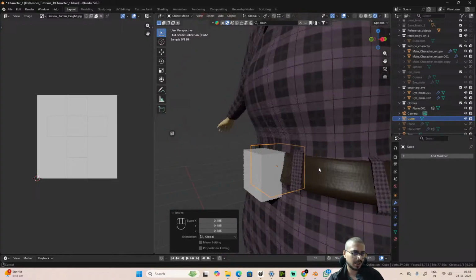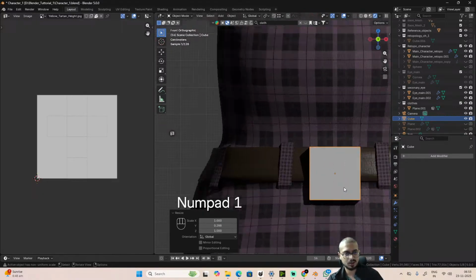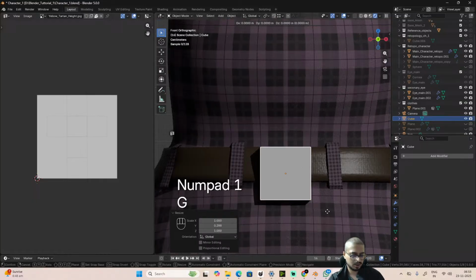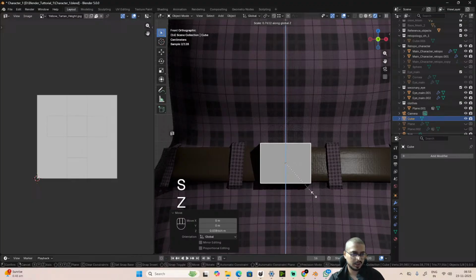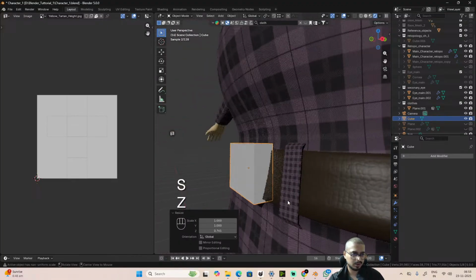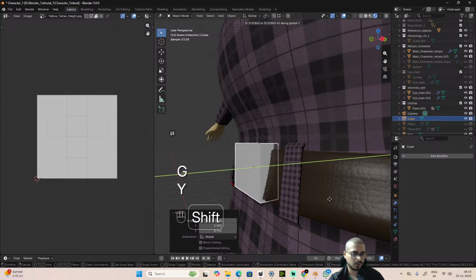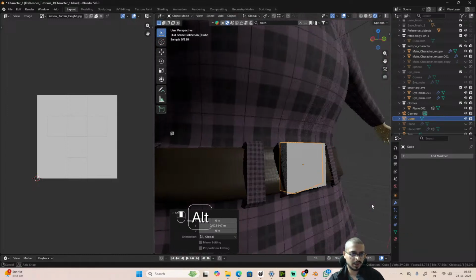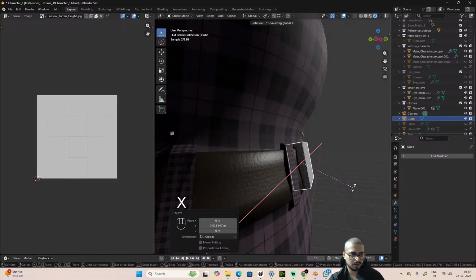I might have to apply the transforms. As I told you, it's the best way to work in Blender if you are manipulating any object in the 3D viewport. Scale it down on that and GY it a little more to somewhat like this, and rotate it on x-axis,